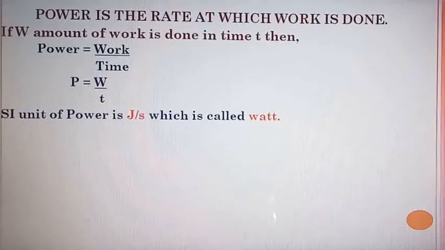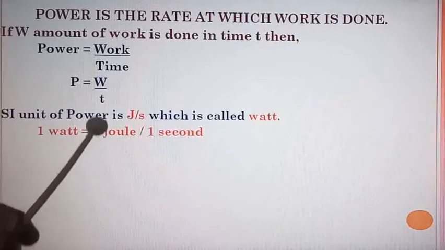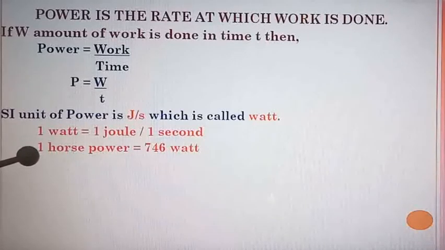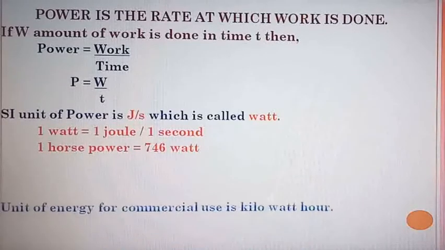Why watt? Because it is in recognition of the work done by James Watt. You have heard about it. The first steam engine was invented in the year 1781 by the Scottish scientist James Watt, and this invention brought about an industrial revolution, and the unit of power is called watt in recognition of his work. James Watt was the first to use the term horsepower. So what is 1 watt? 1 watt is 1 joule of work done in 1 second. So 1 watt is 1 joule upon 1 second, and 1 horsepower is equal to 746 watts.